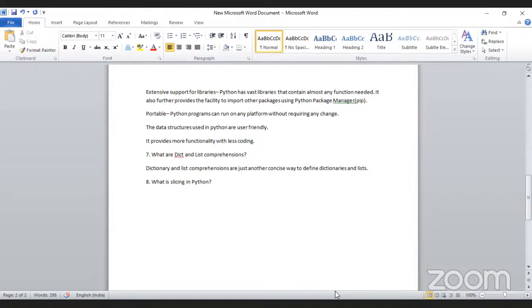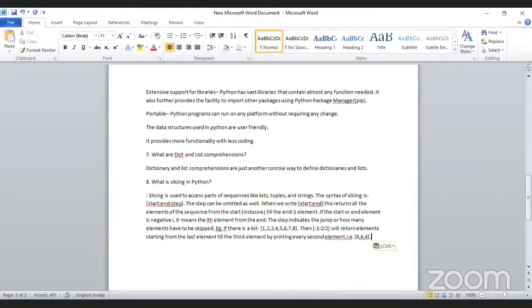Slicing is used to access parts of sequences like lists, tuples, and strings. So when we do slicing, these sequences like lists, tuples, and strings